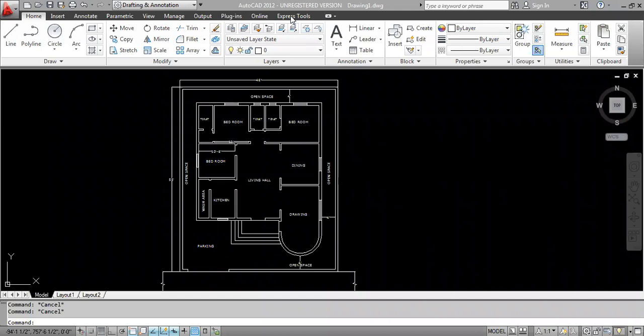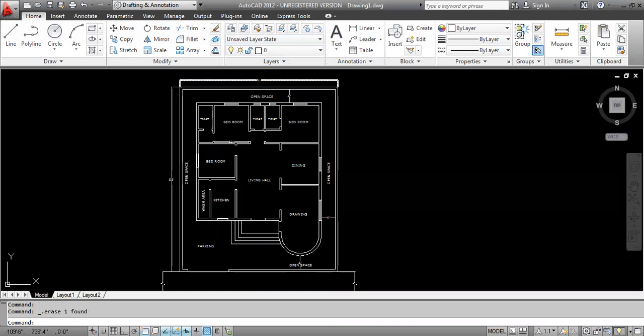Sir, what about this? You are not mentioning the dimensions. Yeah, I'll mention them and send in our group. Why? Because time is less now. That's why I'm not showing it. Inshallah, I will mention the text and post it in our group. Okay, but how I used this was by using the line and rectangle commands.